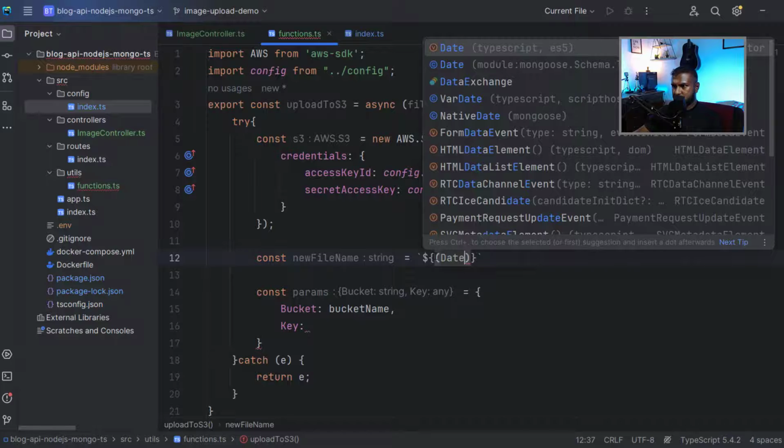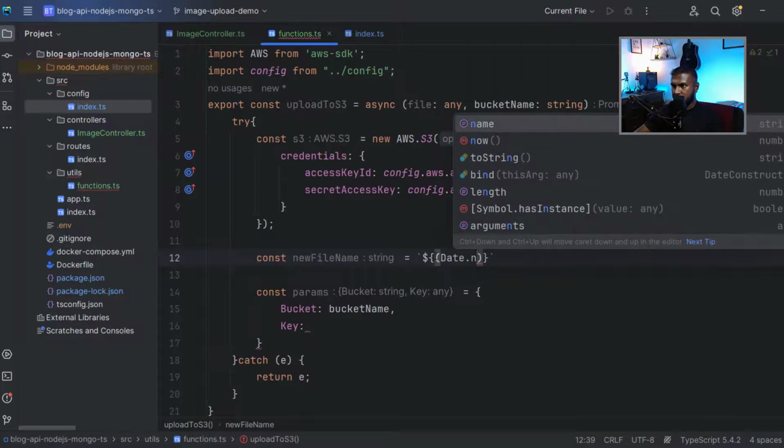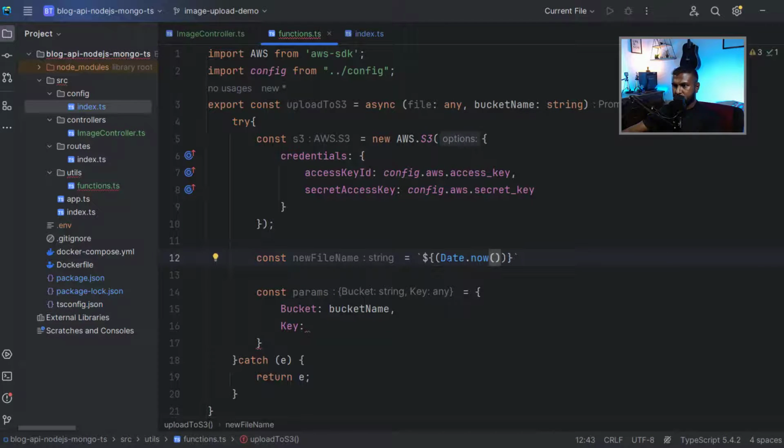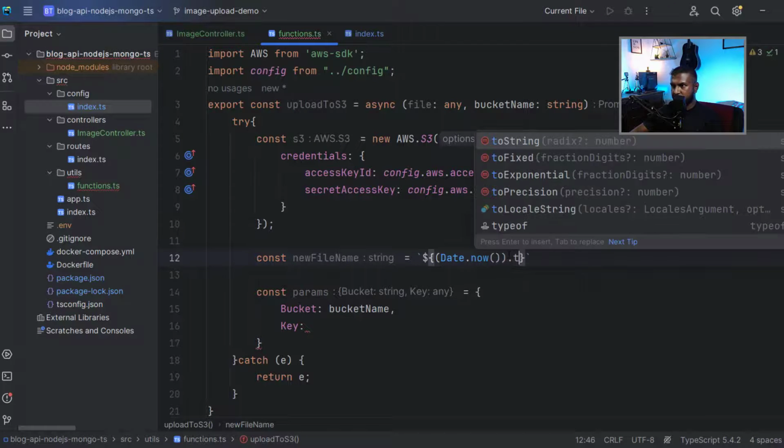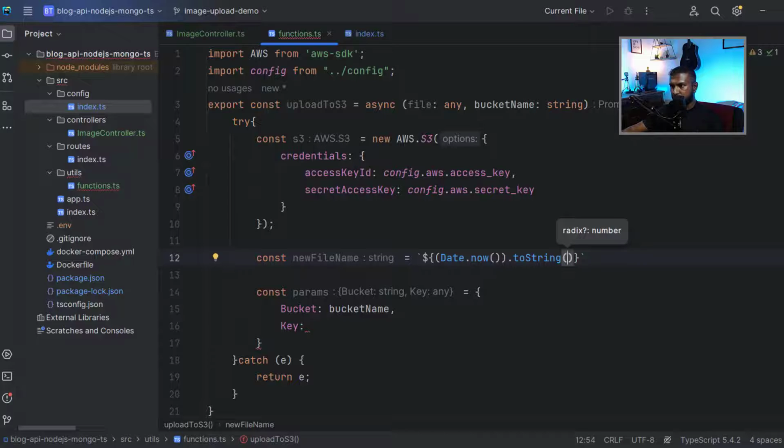Date dot now, and that way I'm going to get the timestamp, and I'm going to convert it to a string with this toString function, so we get the unique part of our file. Why don't we add some text as well? So pick, and this is the unique part of the file name, and then